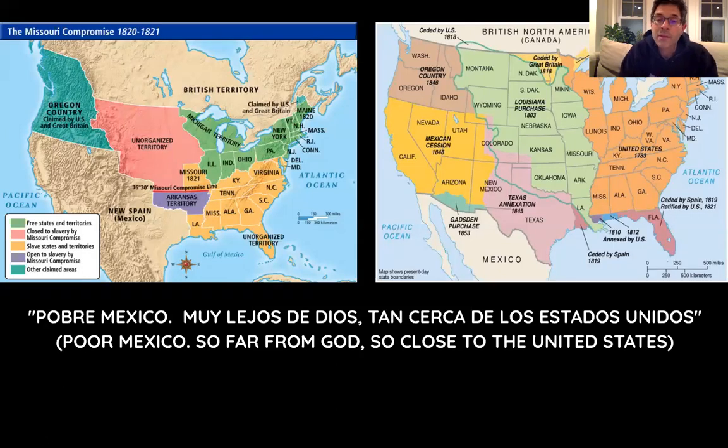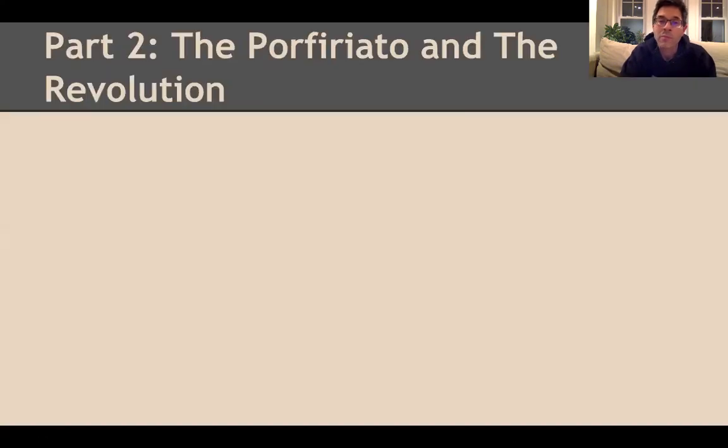In 1848, then, the United States goes to war against Mexico. That's a complicated event that involves several factors. But the main thing I want you to take away from that is that by the end of that war, Mexico had lost at least a third of its territory. You can see the map on the left, referred to as New Spain or Mexico, had territory that later, in the map on the right, becomes part of Texas, Arizona, New Mexico, and California. And that, of course, is more or less the map today. So already we see an increasing American presence in the region.